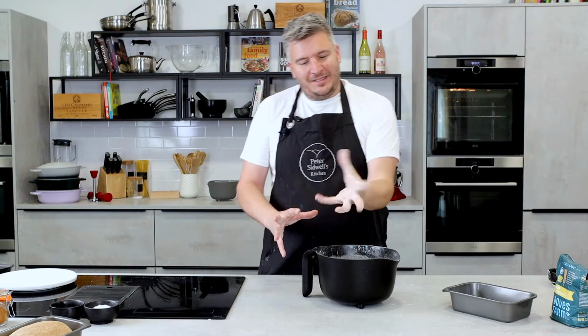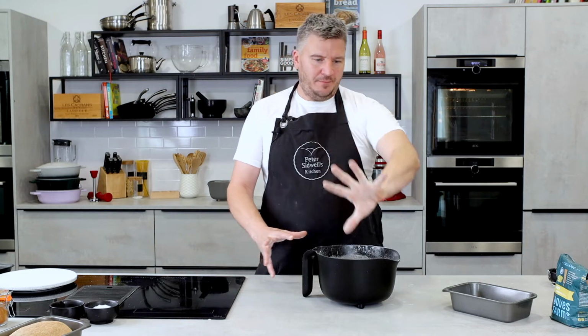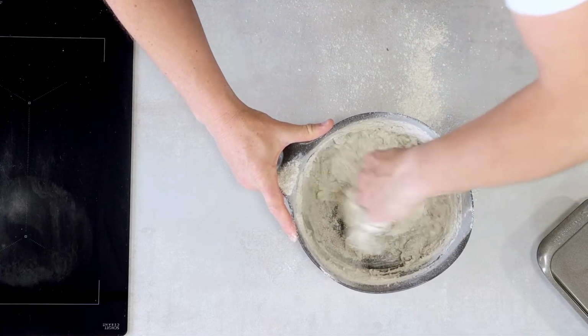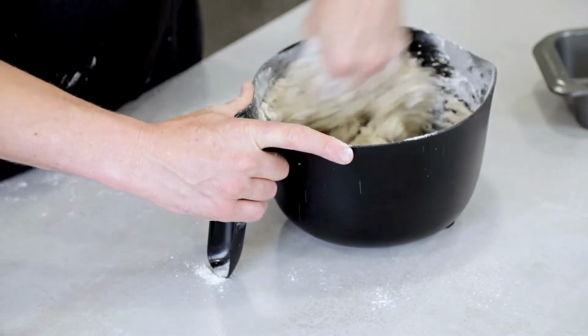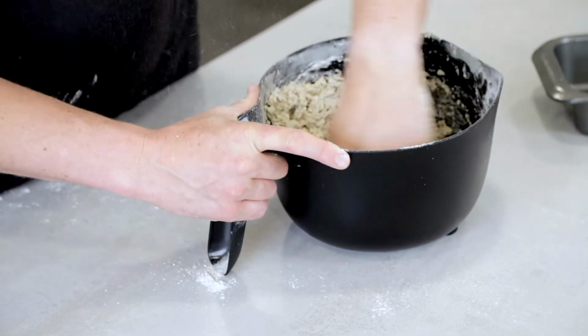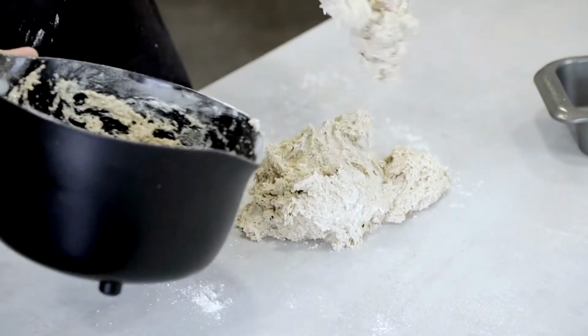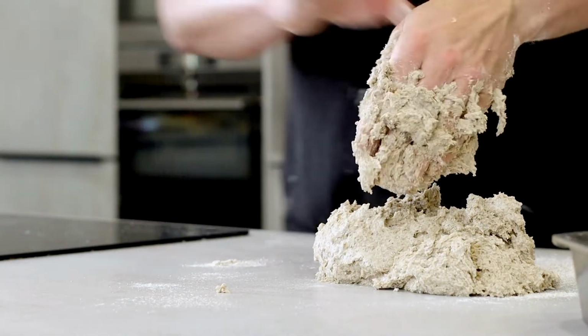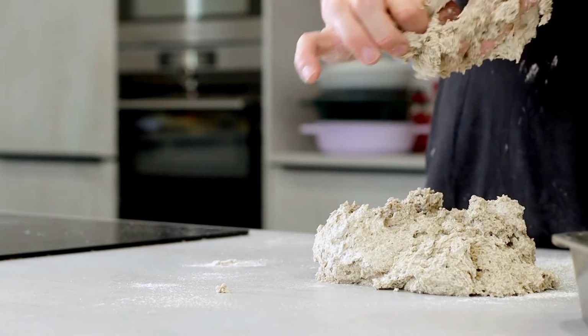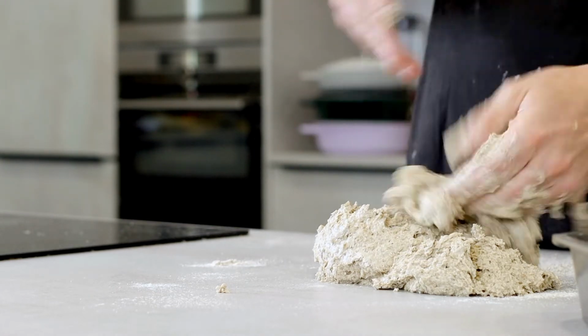Then you want your hand in kind of a claw motion like that, yeah? So just using your hand in a claw motion, roll your hand around the bowl and it will incorporate together. And you end up with quite a soft, well, it's a bit sort of grey if I'm honest. It's not the most appetising looking dough, is it, at the beginning? Not really. No, but...